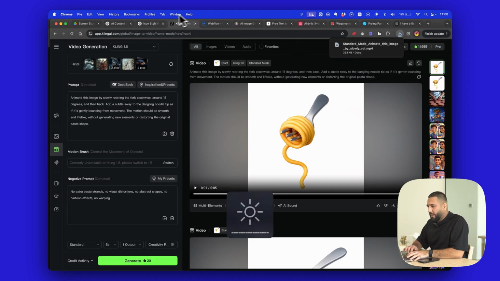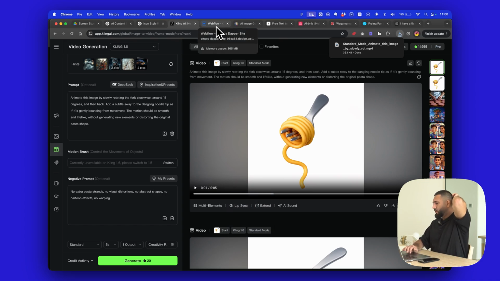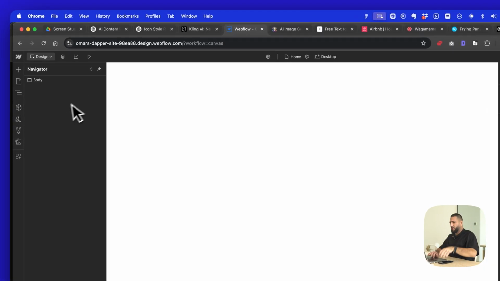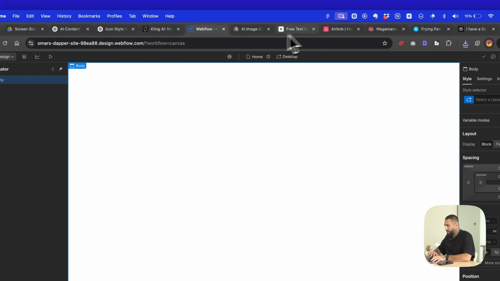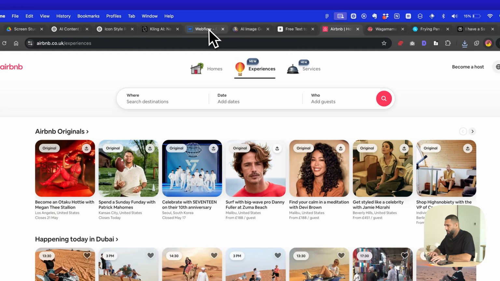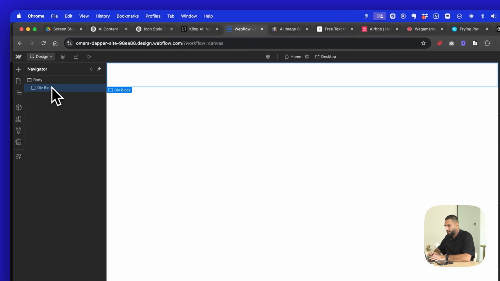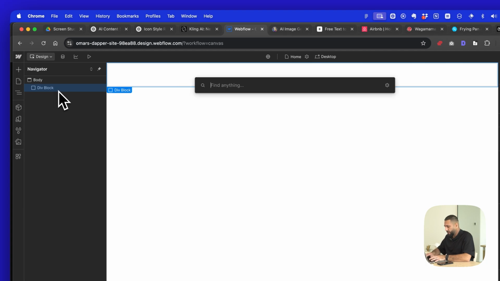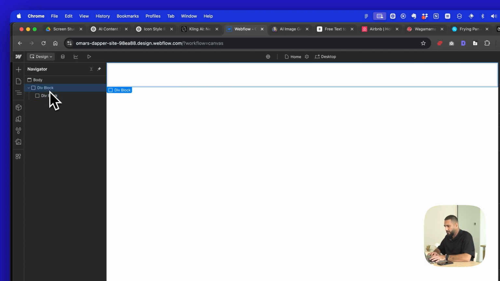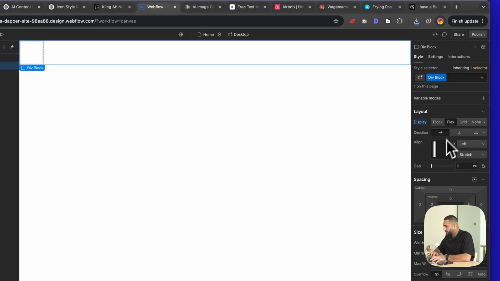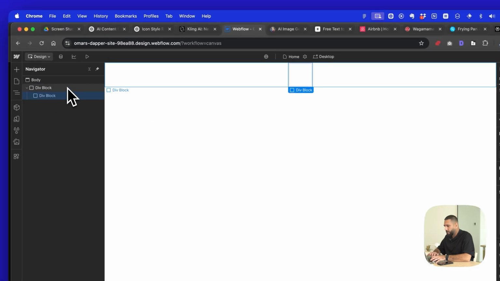We're now going to go into our Webflow project. Now, what I want to do is, let me think, how do I want to figure this out? Let's see, can we just upload a video directly? Let's see what this looks like. So I'm going to create a basic div with another div. We're just going to set this to flex center and give it some padding,